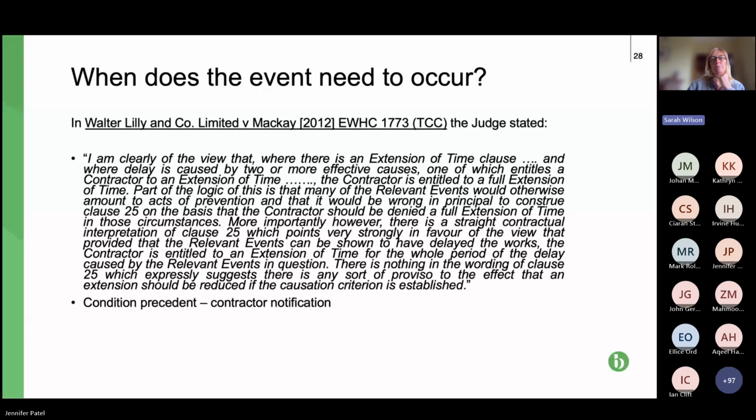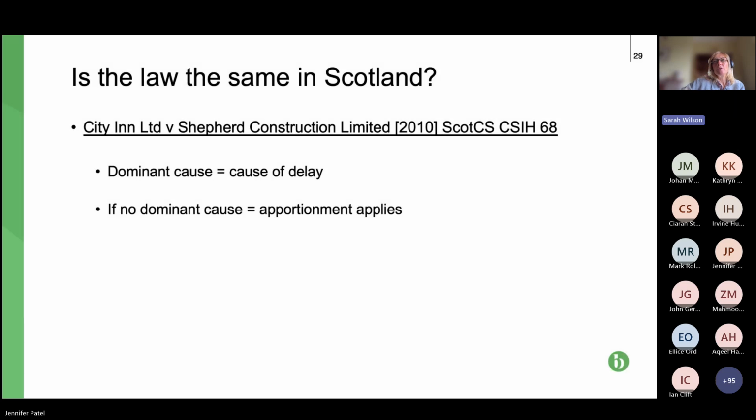What the court said was that JCT entitles the contractor to an extension of time if a weather event occurs. There is nothing in JCT that says, oh, but if another event occurs that is the contractor's risk, they don't get the extension of time. So on that basis, under Walter Lilly, they said, yes, you would get your extension of time if there was a concurrent delay. Now, if we go to the next slide, please, because subsequent to that,